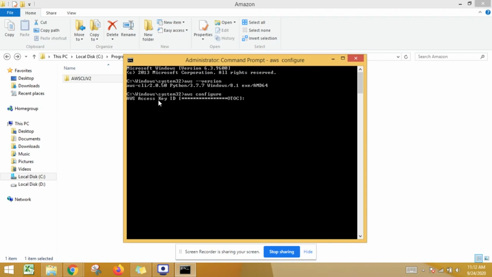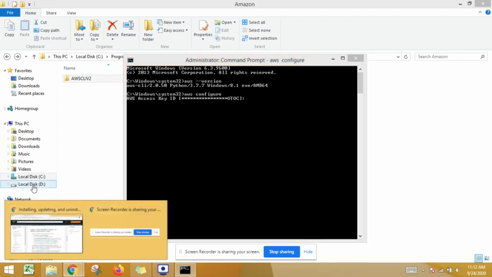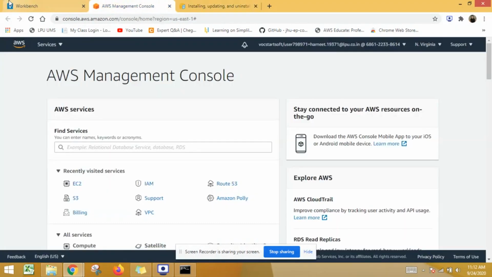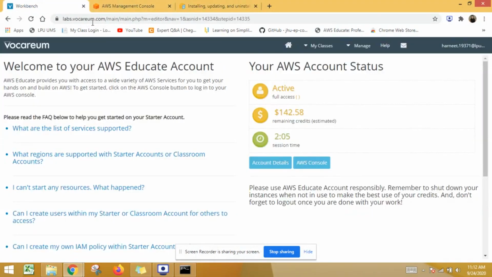The procedure to get this access key ID, if you are using the AWS Educate account, is to go to the Vocareum workbench account starter page.